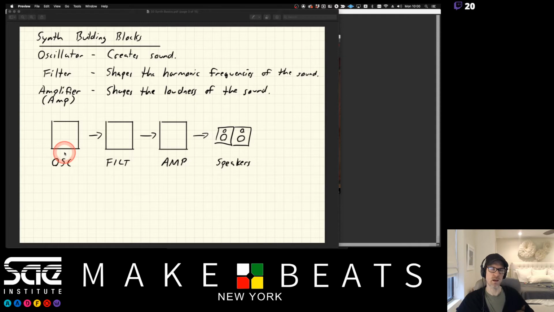Every synth that you have available to you has an oscillator, filter, and an amplifier, and it always runs like this. But some synthesizers, for example Massive, have an amplifier built into each oscillator, and that's how you mix the different oscillators together in Massive. But it also has an amplifier at the end of everything to tie in the whole sound as a whole. And we're going to come back and talk about that, and I'll even show you the original Massive a little bit today, and we'll go into some of the more modern synths that have been coming out recently as well,